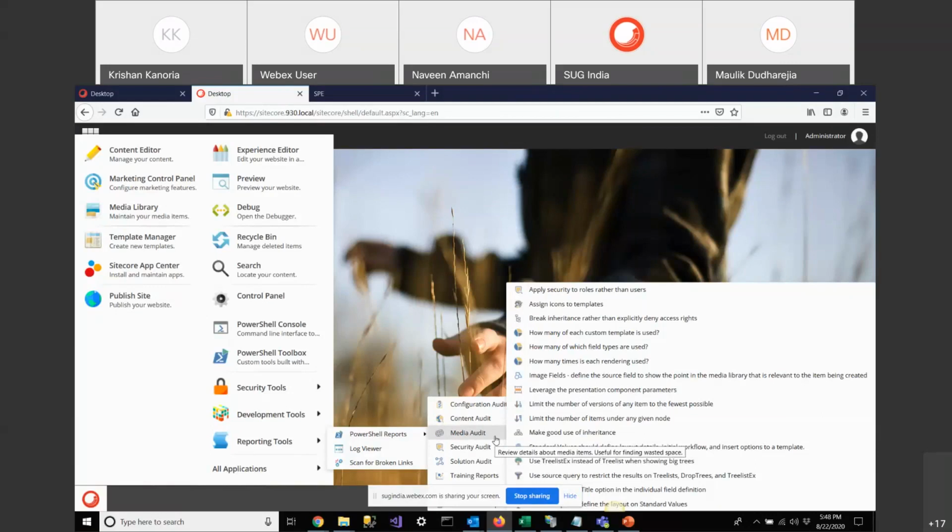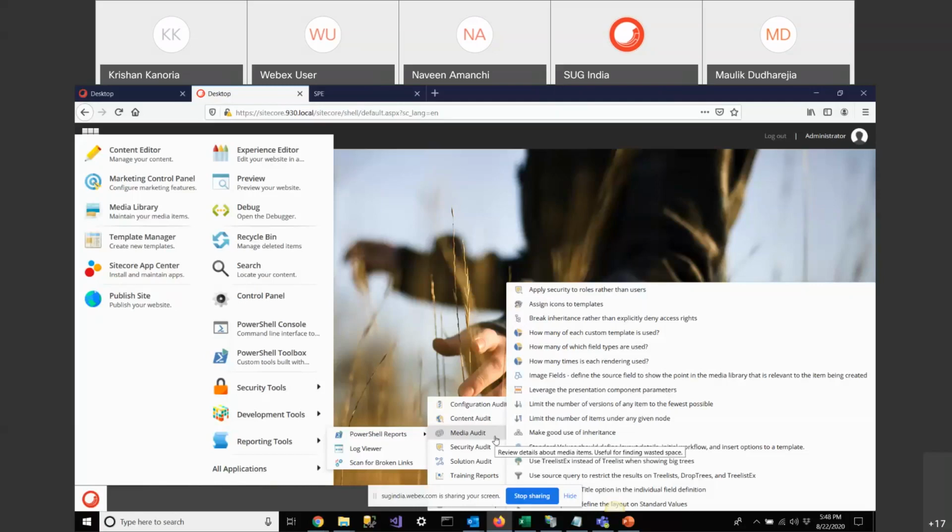Apart from this, you can schedule your task. Suppose you need to unlock some users at the end of the day, and manually you have to run something, or you have to unlock all the authors one by one after your working hours. But using PowerShell script, you can create a script, make it a scheduled task, and this will run automatically at a selected time, and all the users will be unlocked.